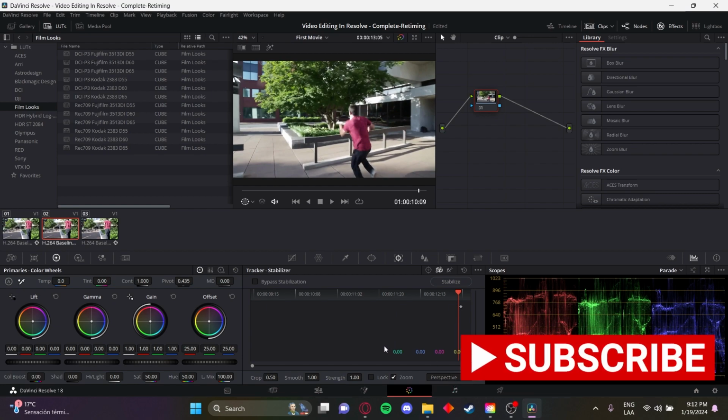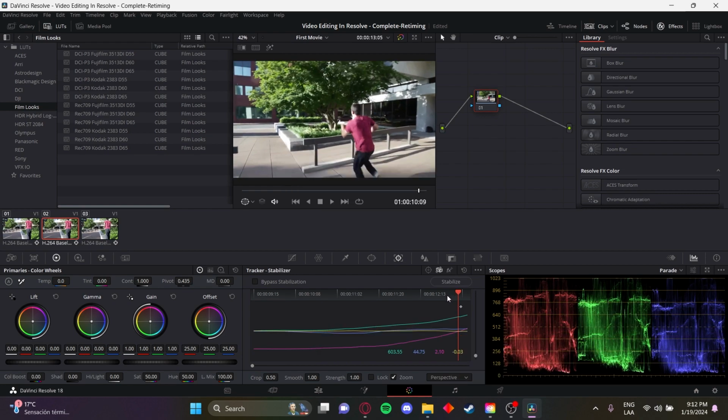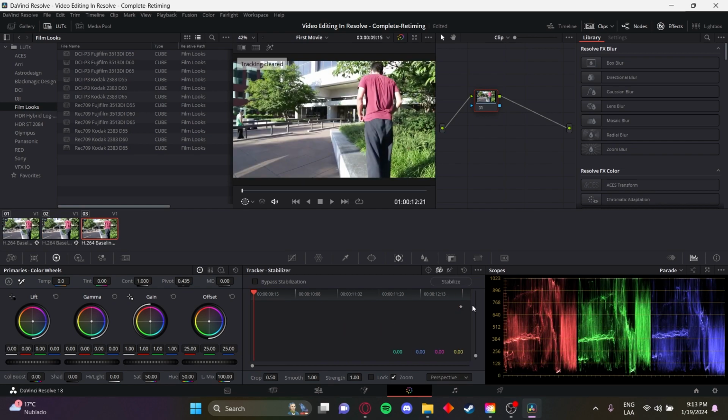Now, once you have your settings done, click stabilize. And there you have it. That's the first method to stabilize a video. Okay, now for the second method, if there are moving objects on your video, you want to go to these